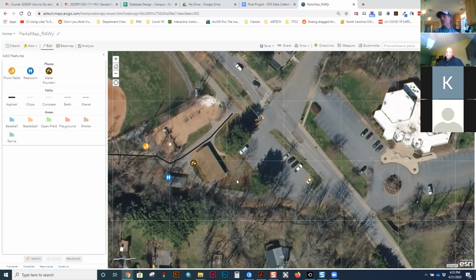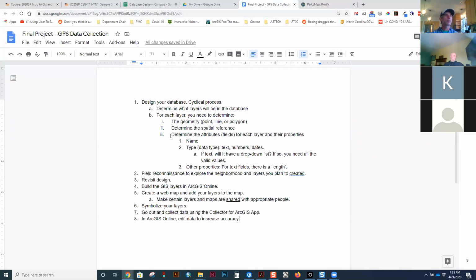Yeah, you might. Now, see, that's a really good example, Steve. The question was, would you do speed bumps as lines? And I'm glad you asked that question because that takes us back to this database design. That question of geometry is not quite always as easy as you think. I mean, sure, manholes are points all the time, but for speed bumps, are lines or points better? I mean, a line for a speed bump, if you're mapping at a large scale,